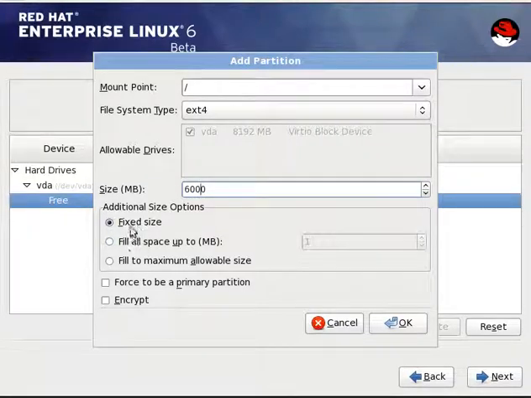If you see, it says fixed size, fill up the size, fill to maximum allowed size, or something like that. If you select, whatever you mention, it will fill up to that size. Fixed size means it will just select whatever we have given. Fill to maximum allowable means if it finds an empty space, it will try to fill that up as well. So I don't want to go with anything. I'll go with the basic or default option. So say select OK.